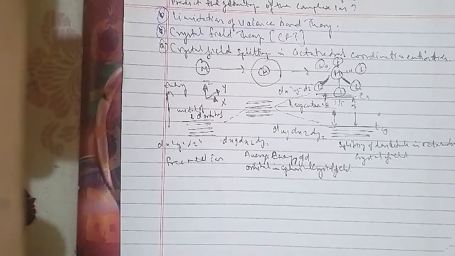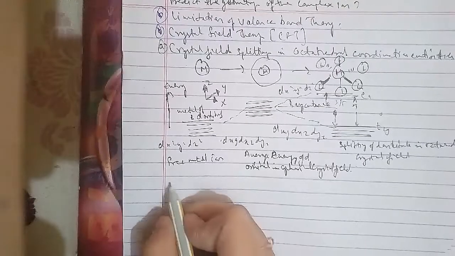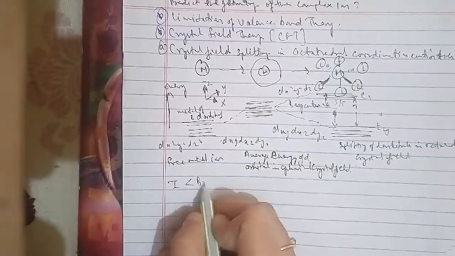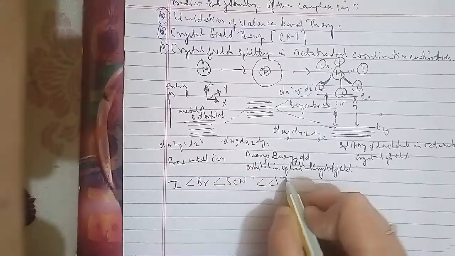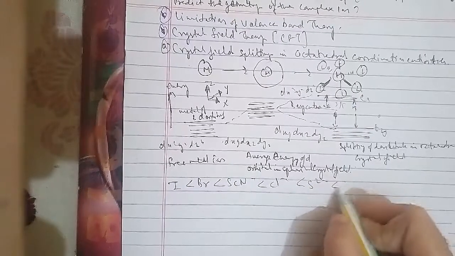Such a series is termed as the spectrochemical series, an experimentally determined series based on the absorptions of light by complexes with different